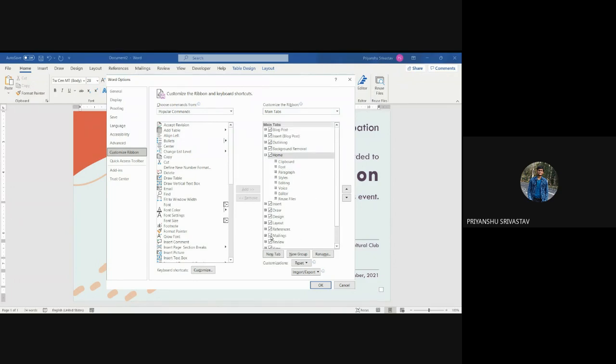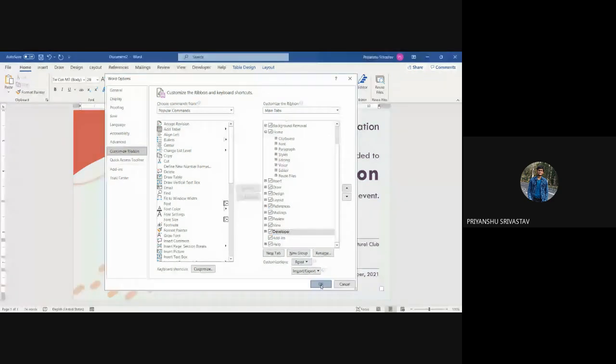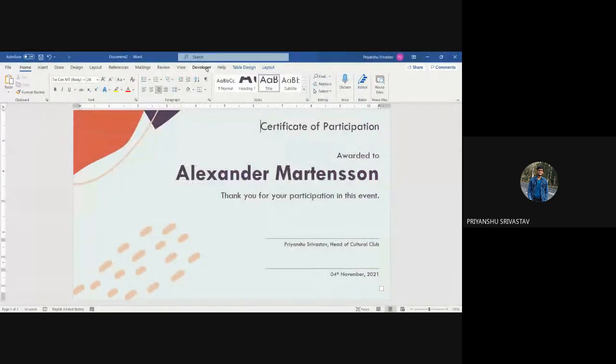Here you can see that here it is developer tab on the right side. It was somewhere here. Yeah, it is third last. So if it is unchecked, then you can check it and then click on OK. So see, I have a developer tab here.